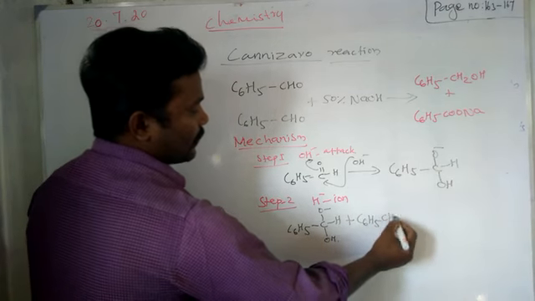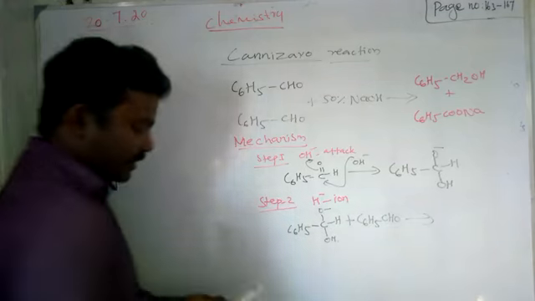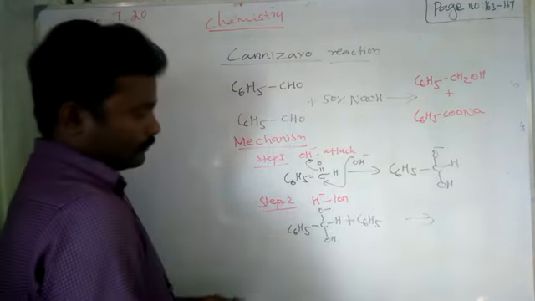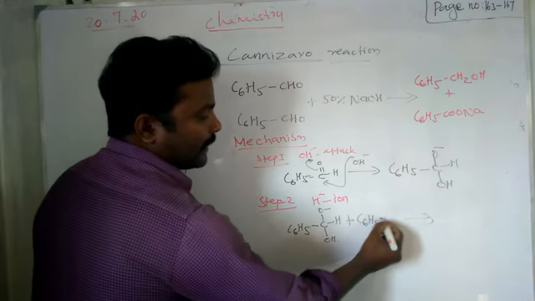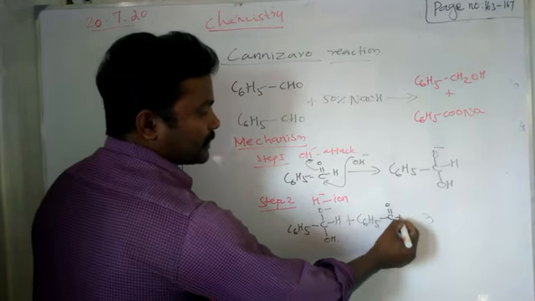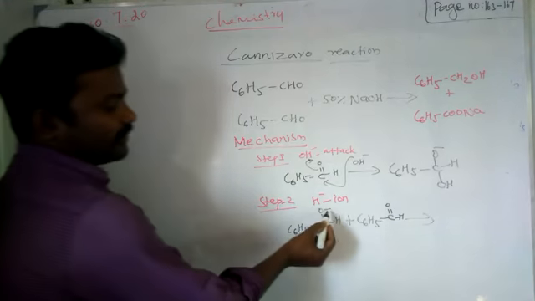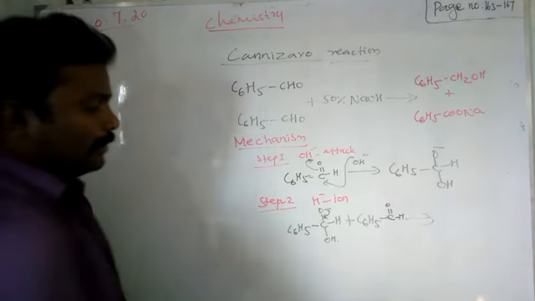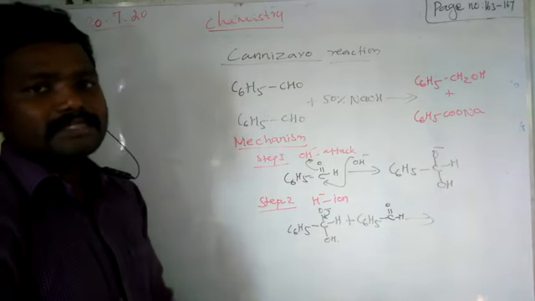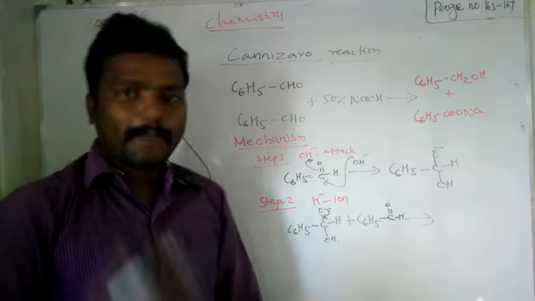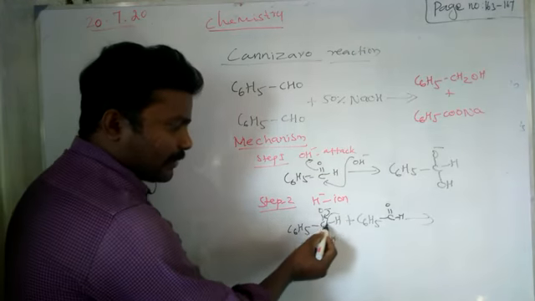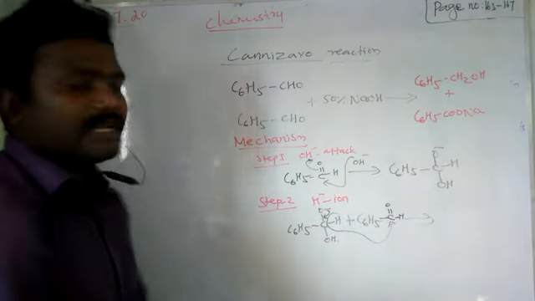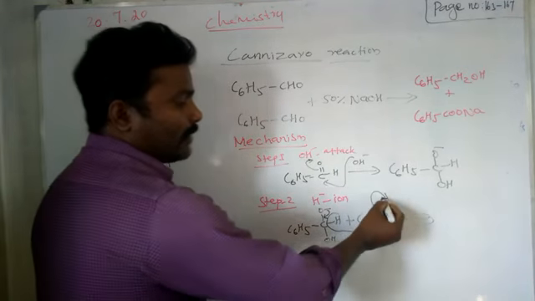C6H5 CHO. This CHO you can write as C double bond O H. Okay. Now this minus cannot stay long on the oxygen, so it will form a double bond. So carbon will have 5 bonds, which is not possible. So along with this, H minus as a hydride will attack the carbonyl carbon of the next benzaldehyde. So alternatively this O will form O minus.